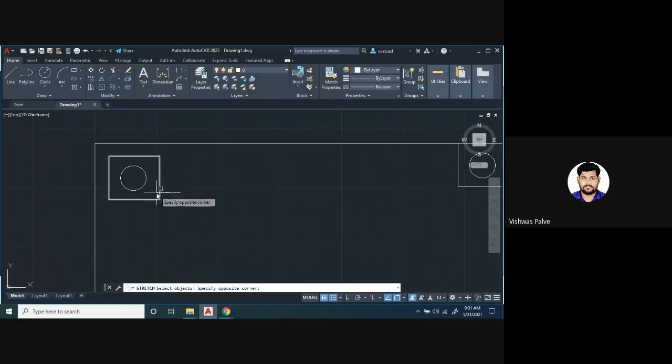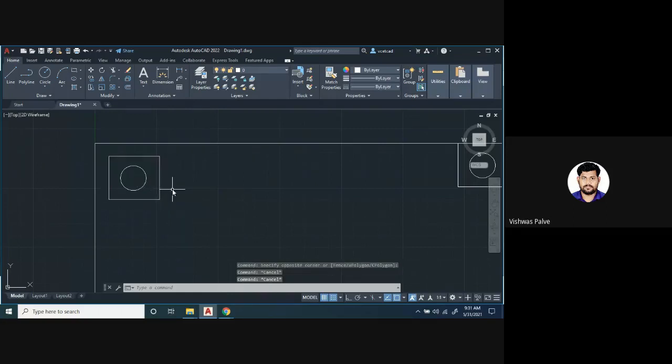Stretch option, select this rectangle, press enter, first point, second point. Select this rectangle, stretch option, then you can select the base point, and then you can stretch the object.